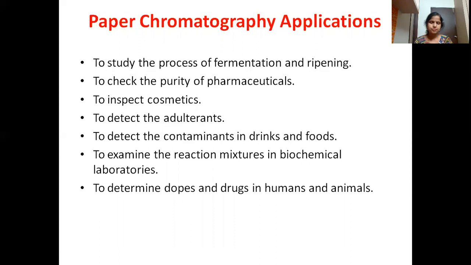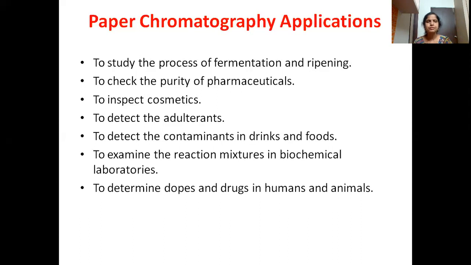The main difference between TLC, that is thin layer chromatography, and paper chromatography is that in TLC we take the adsorbents which are sprayed, or we can dip the glass slide into the slurry and prepare the TLC plates. Whereas here the separation takes place on the paper. Both are actually surface techniques where the separation takes place on the surface, and both are planar chromatography because it takes place on the plane of the surface. So this is all about paper chromatography.